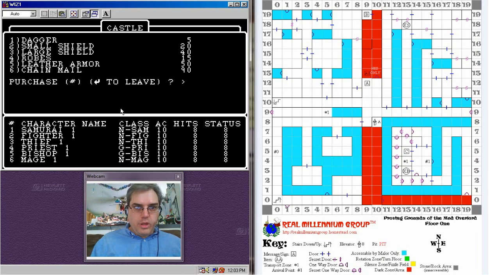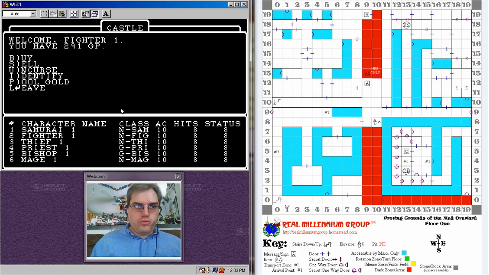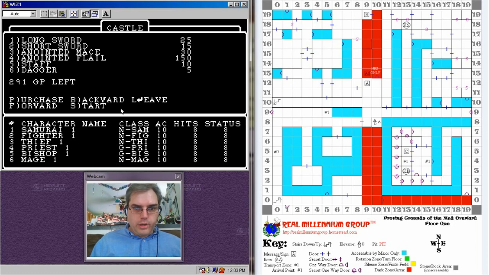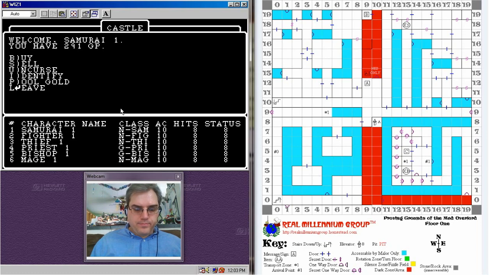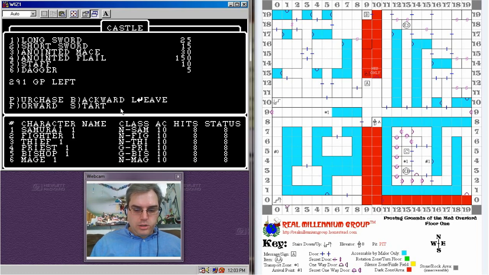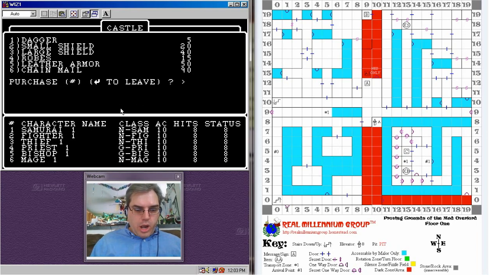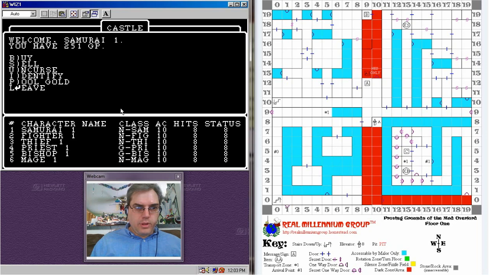This is number 3. Samurai, pull gold, we'll buy him. Oops. Buy. Forward. Purchase. Large shields. Excellent. So 251 left.